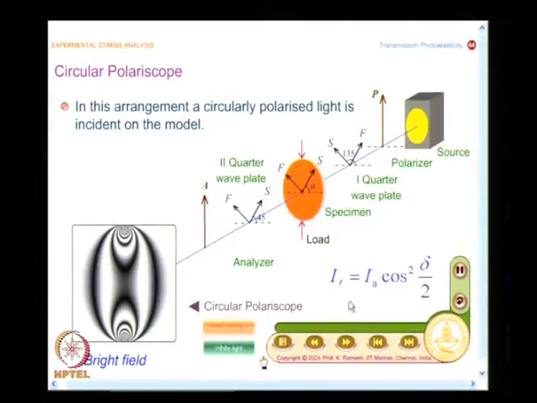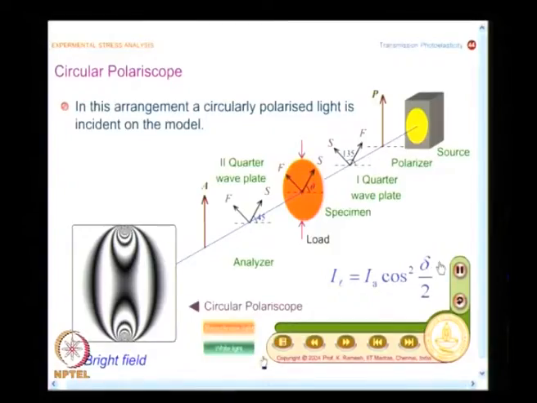And you also note that the intensity of light transmitted takes the form I_A cos square delta by 2, and this will go to 0 only when delta is pi, 3 pi, 5 pi and so on.